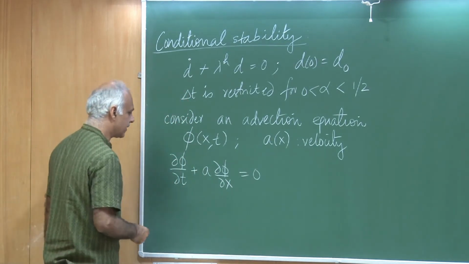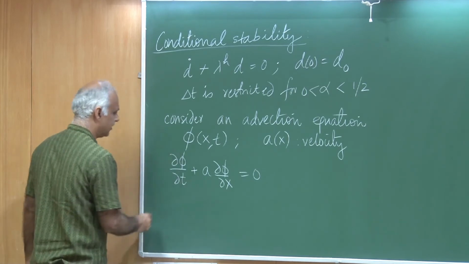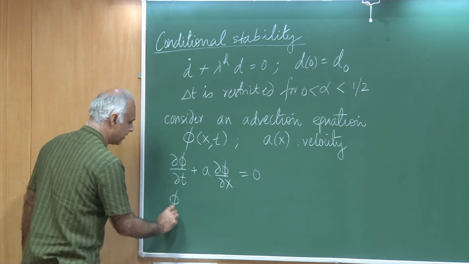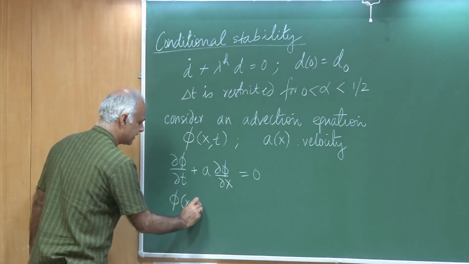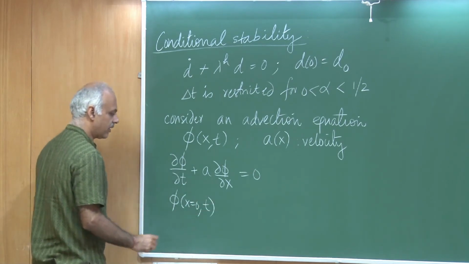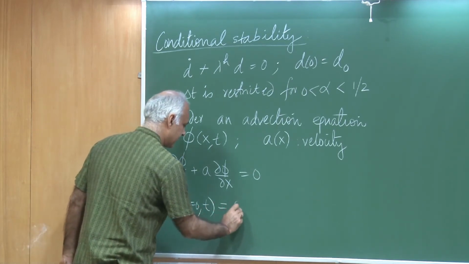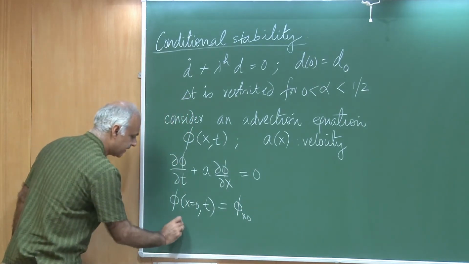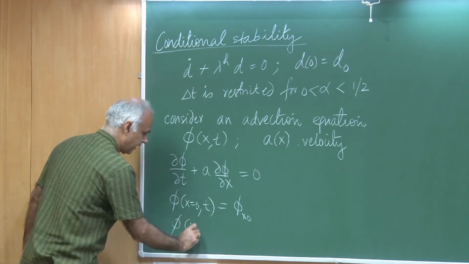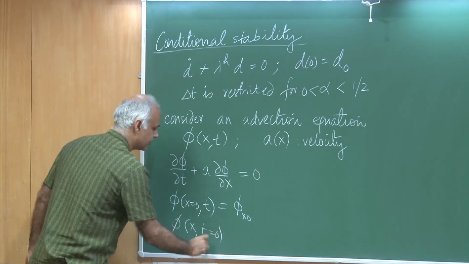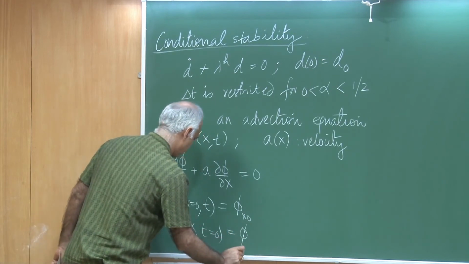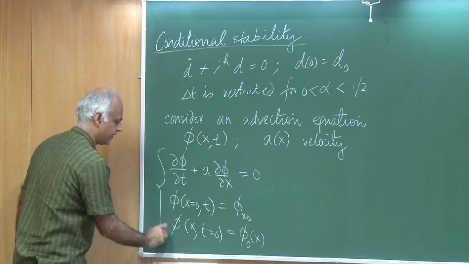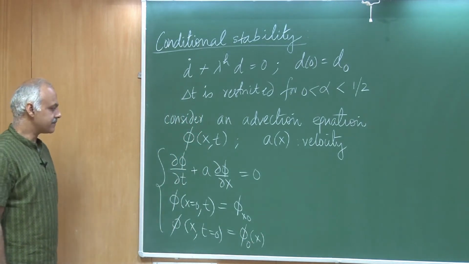And then it would require some boundary conditions and initial conditions. So, let me write them for you. So, a boundary condition could be something like phi at x equal to 0 and at all times is given as, let us say, phi x 0, and there is an initial condition that phi at all x and time equal to 0 is given as phi 0, of course, as a function of x. So, this could be a problem that we are solving.